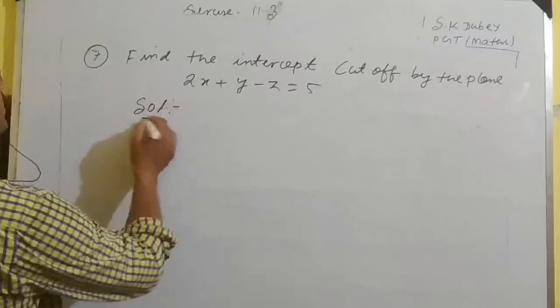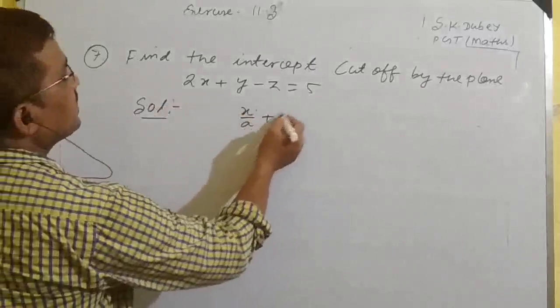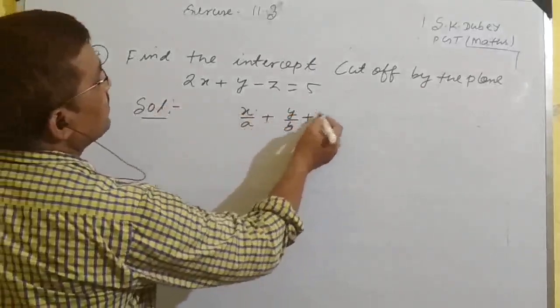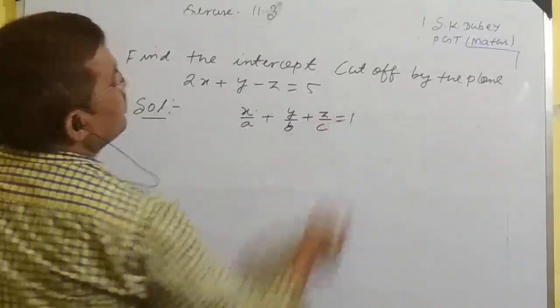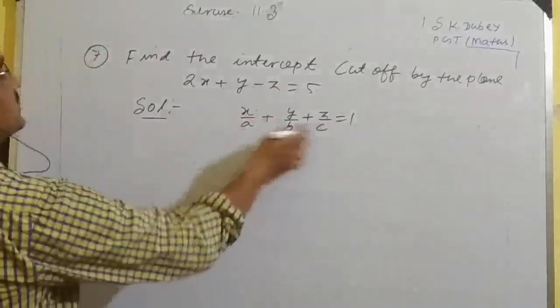Now we know that the intercept form of the plane is x by a plus y by b plus z by c is equal to 1. Now converting this equation into intercept form,